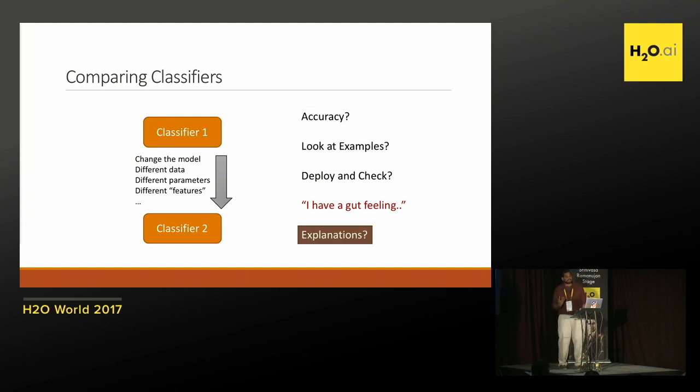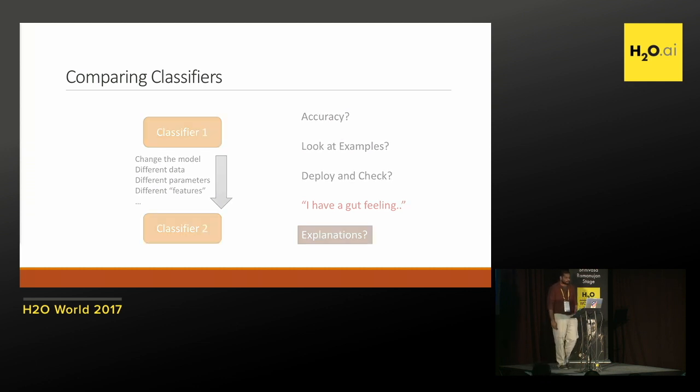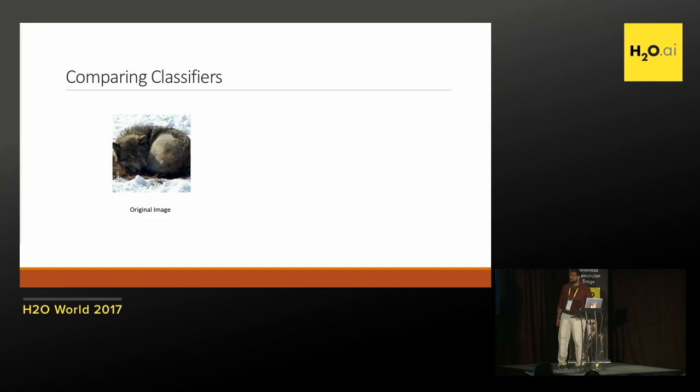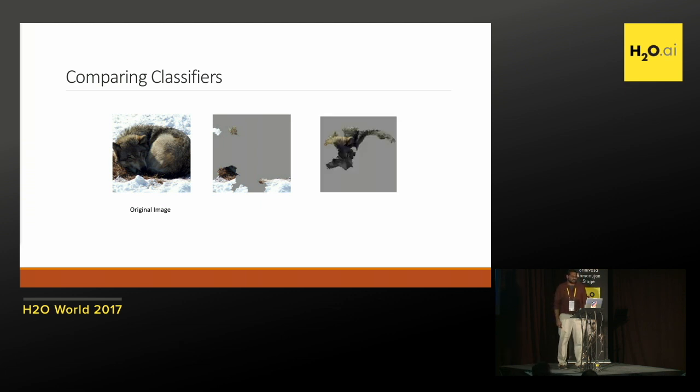We thought maybe explanations can be useful to compare two models as well. The idea here is that if we know that this is a wolf, if we look at an explanation like this, we should think, okay, this is maybe not a good classifier. If we get an explanation that looks like this, we should think, okay, yeah, that seems to be a good classifier because it's actually looking at the snout, it's looking at the ears, it's looking at the fur on the back, as opposed to just looking on the floor.